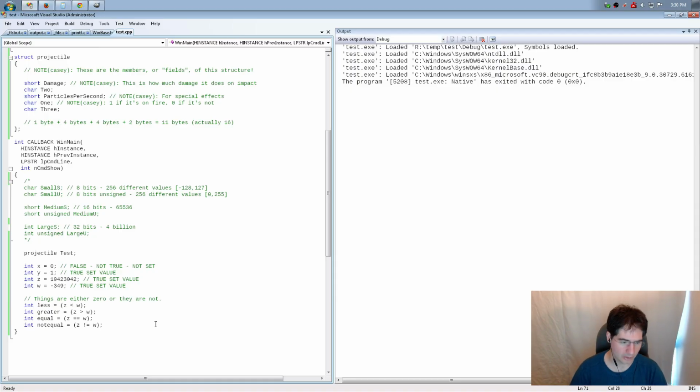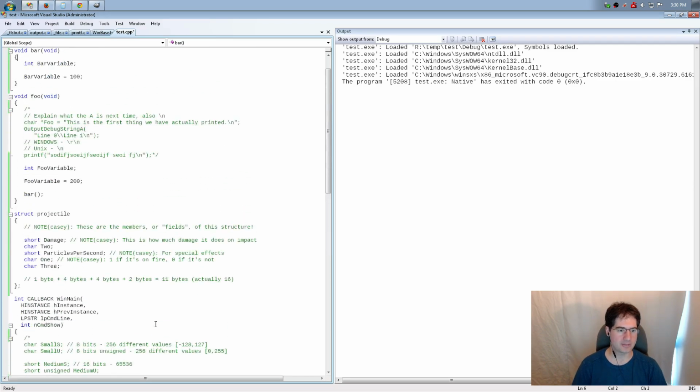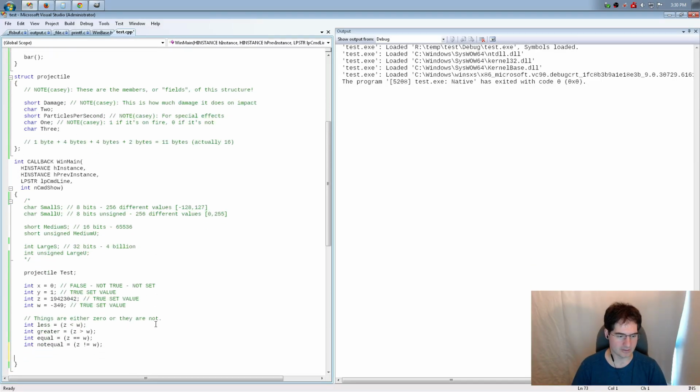So control flow, the way that works, is basically saying, okay, I might have some code, and here is where maybe we'll bring our output debug string back into the mix, because I know everyone really loved output debug string. I know they were a fan of output debug string. They thought it was awesome.